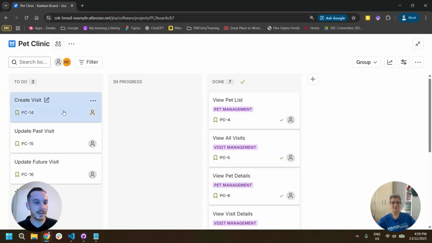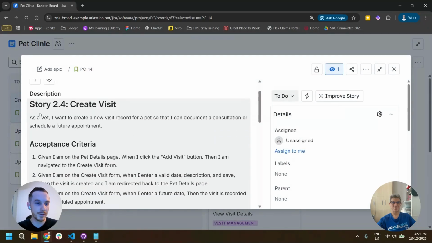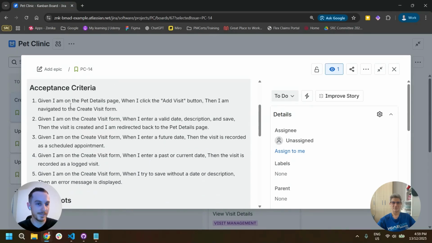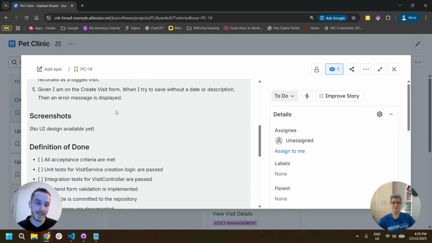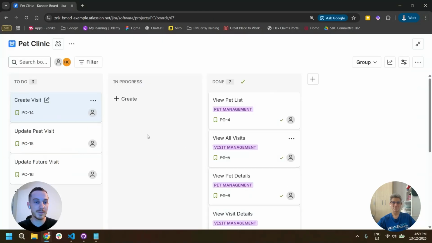We can see that the ticket itself has gotten all of its fields from the story. So the "as a, I want, so that" user story, the acceptance criteria in Gherkin format, the lack of screenshots in this case, and the definition of done to make sure that this work is actually completed. Okay. And then even from there, it can be moved on to be implemented by a developer. Thank you.